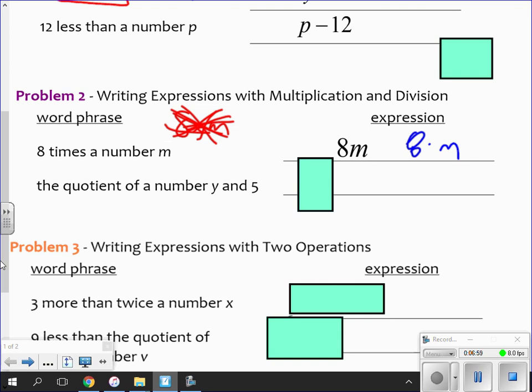I like my pizza. Okay, so the quotient of a number y and 5 means that I'm going to have y divided by 5. Now, I have it first written here as I prefer to see it for algebraic work. Y divided by 5 written as a fraction. Generally, when you're using algebra, solving an algebraic problem, this is how you're going to see it. However, it would also be valid